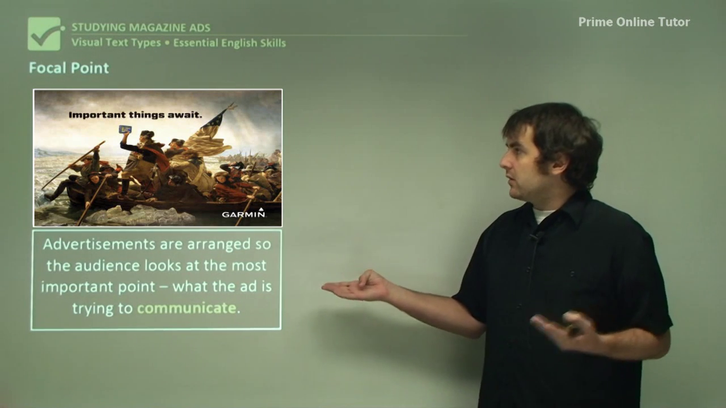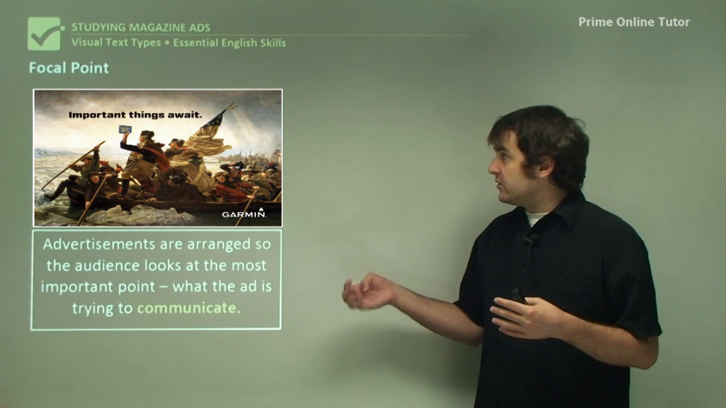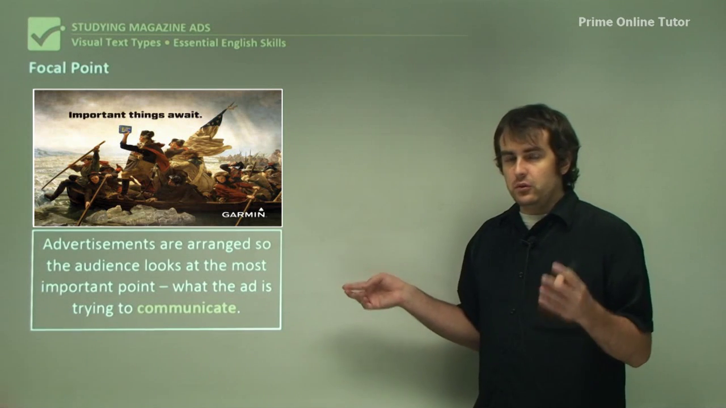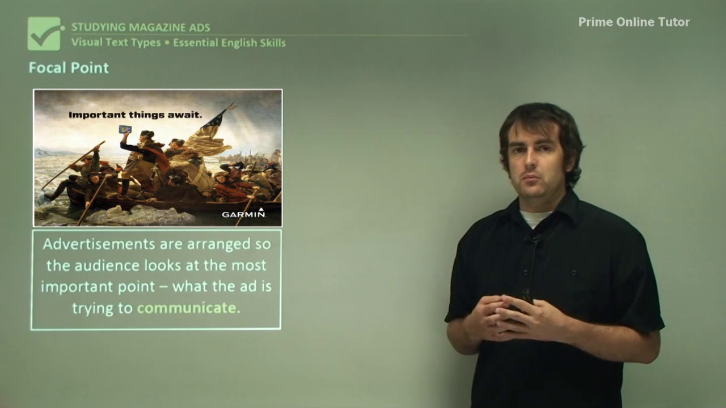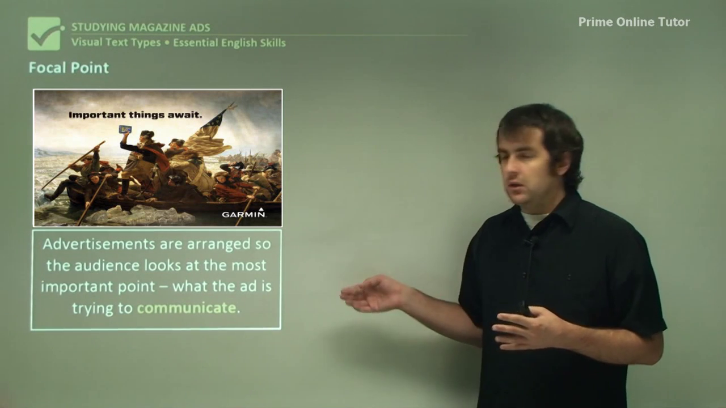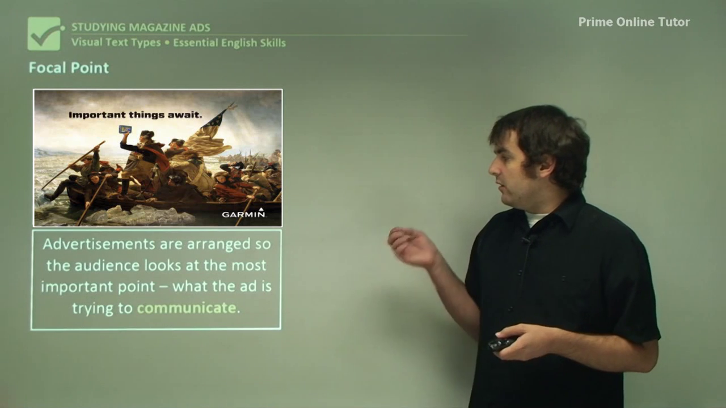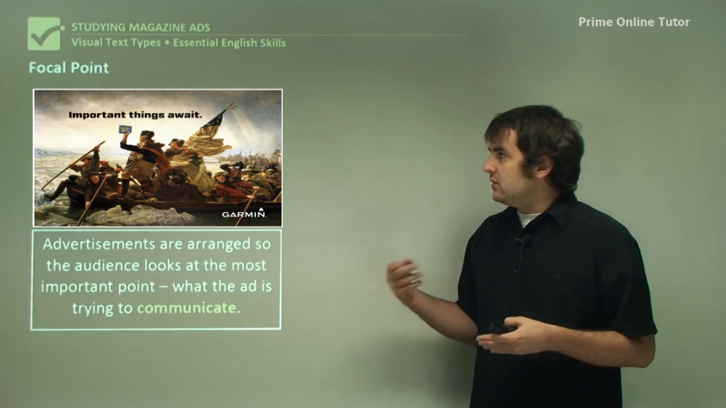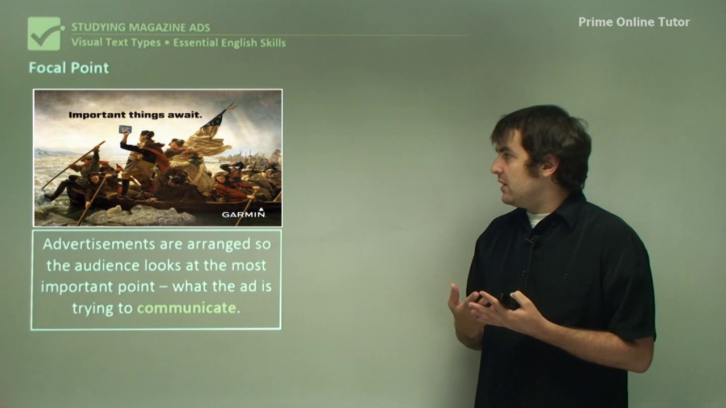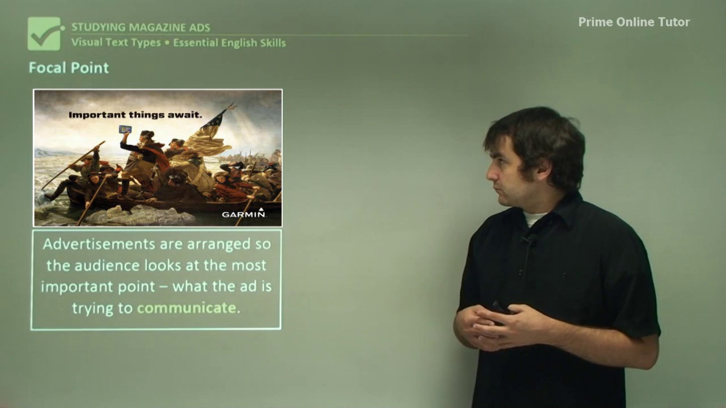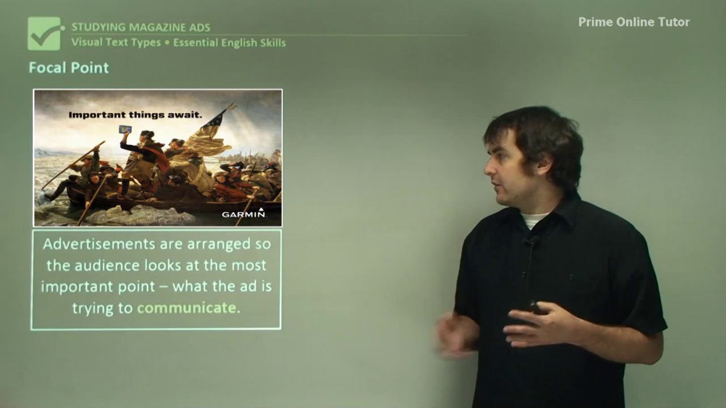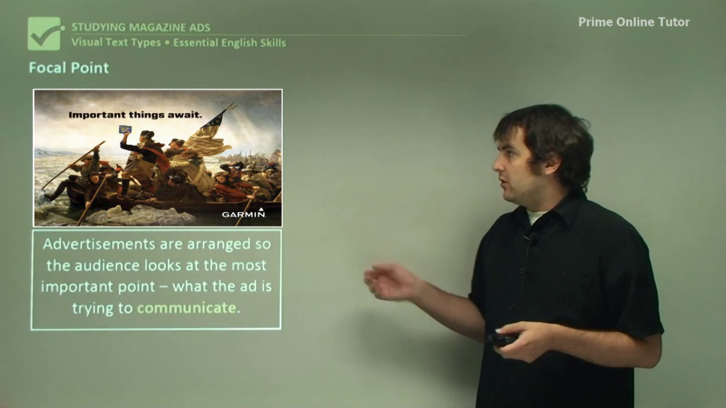In this case, it's the product. We see the device pretty much straight away, even though it's one of the smallest things on the print ad. We can still see it almost straight away because of the fact that it doesn't belong and it stands out. So it's what the ad's trying to communicate, as in a GPS can get you places, and even an army in the early American pioneering days can get where they need to go,